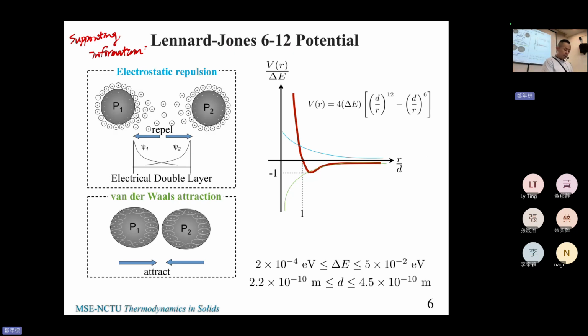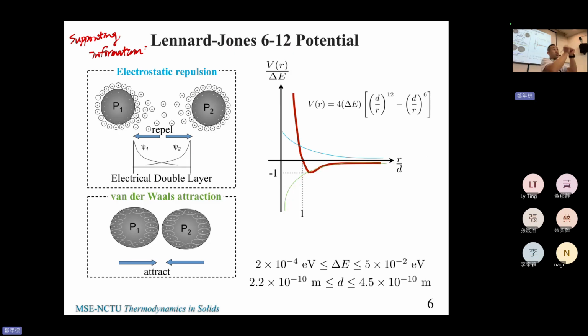We call it the Lennard-Jones potential. Typically, two atoms have two contributions to the internal force. The first one is electrostatic repulsion. The other is van der Waals attraction. You can see the green one is attraction. If you draw the potential value on the y-axis, and x is r, the separation distance between two atoms.